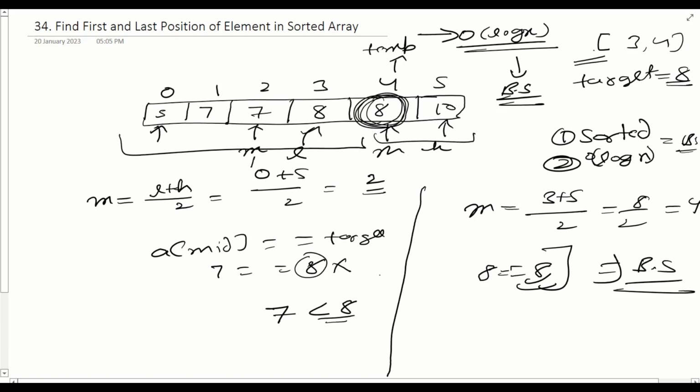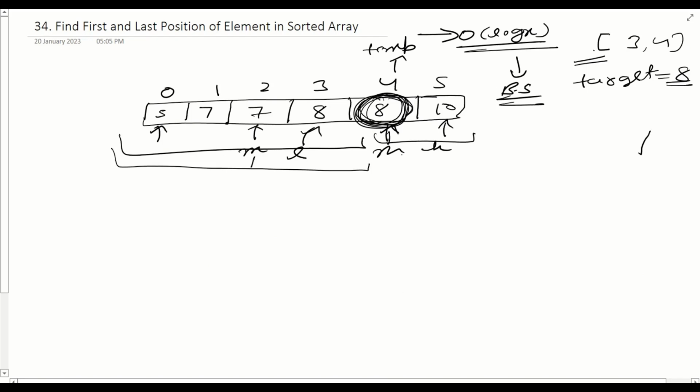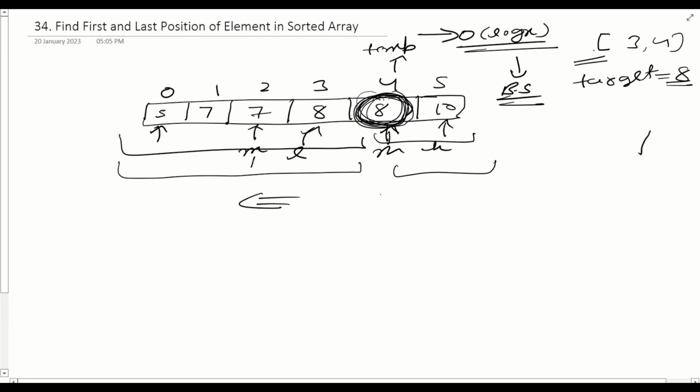So to find the initial index, over here we can't stop the search. We should find in either left or right. So let's say we are trying to find the first index. Since we found it over there, where can our first index be? It's obviously on the left, right? And if we wanted to find the last, then it should move to the right